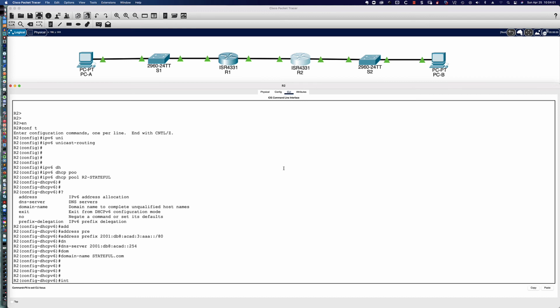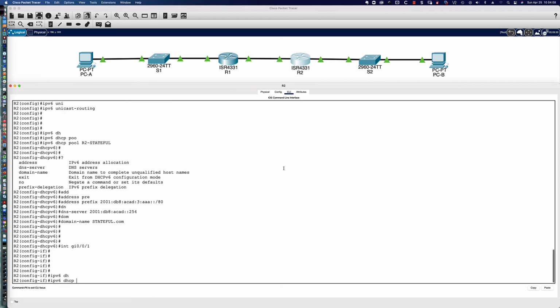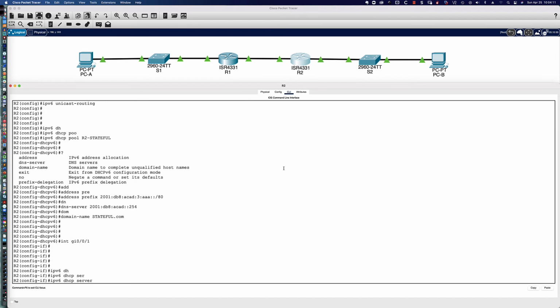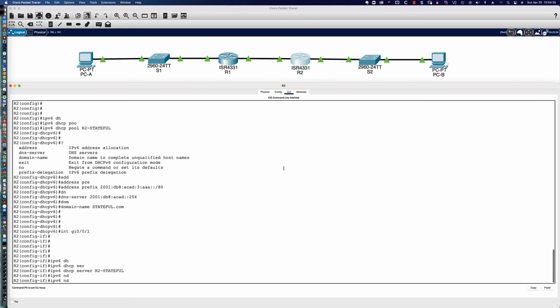So let's go ahead and go into interface GigabitEthernet 0/0/1, and we're going to go ahead and say ipv6 dhcp server. And remember, when we did the other interface, the command was the same, and we're going to give it a different pool name, R2-STATEFUL, right? Because we want to give it that DHCP pool information. So there we go. So we tell it the pool that it's going to be using, and now ipv6 nd,